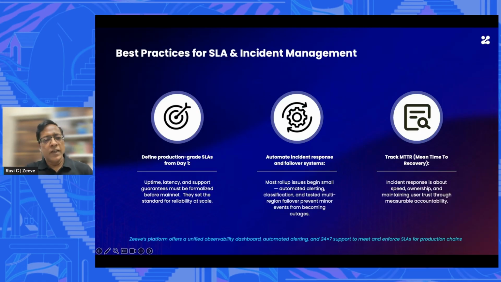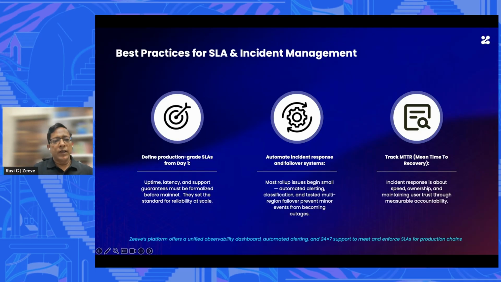Now, in terms of SLA and incident management, SLAs ensure that your chain is always active, it is performing as per the criteria, and at the same time, all updates, upgrades, etc., are taking place. And this becomes very, very important because today, user experience has been one of the most talked about challenges in the Web3 space. And if you're launching your own app chain, then the entire responsibility of having an amazing user experience falls on you.